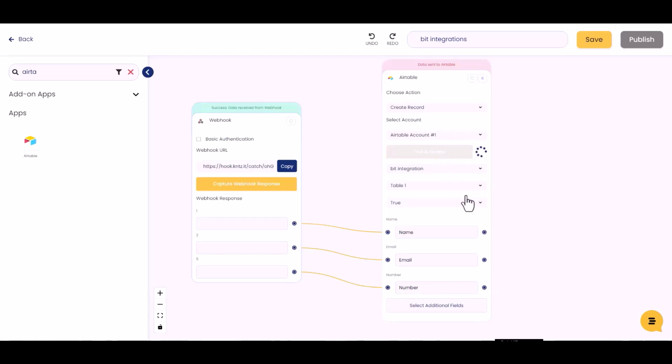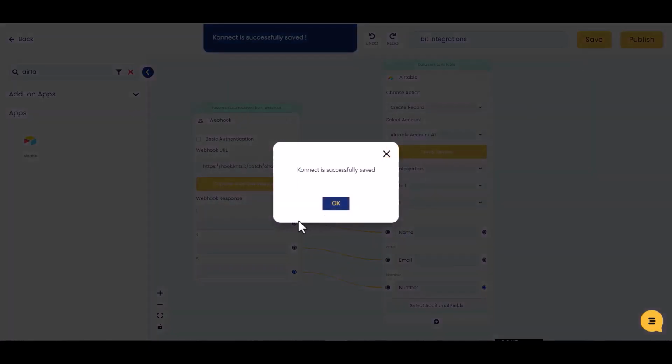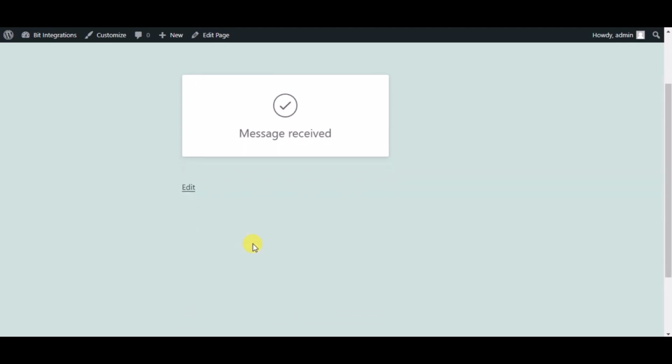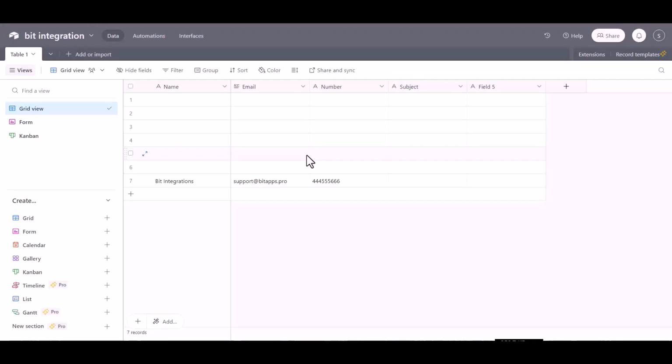Test and review. Save. Now check the integrations by submitting a form. Form submitted successfully. Now go to Airtable site and here you can see the data came successfully in Airtable via